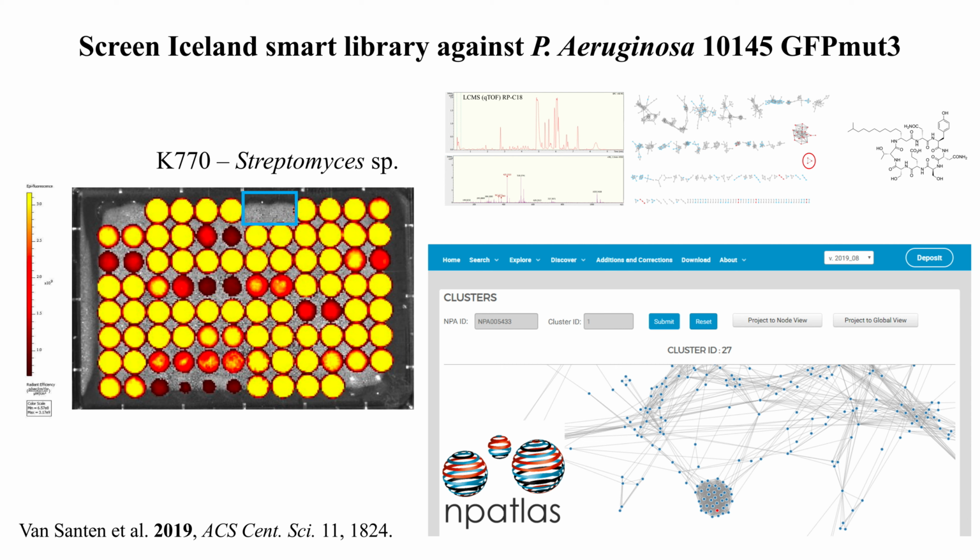And we were able to quickly visualize the chemical space of these cyclic peptides because, of course, now you have to make a decision: do I proceed with this project or not? And this NP-Atlas just gives you ready access to this information. So I think this is a really